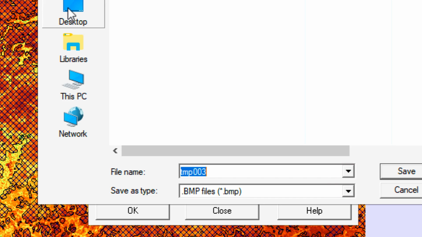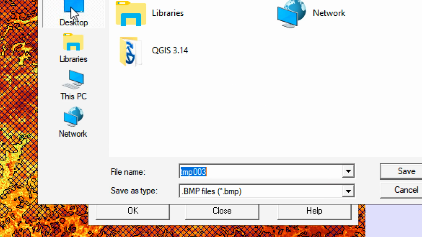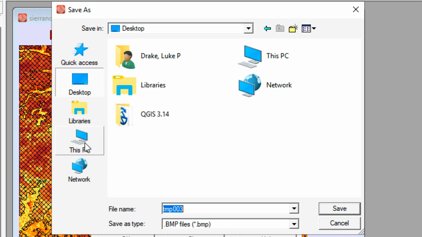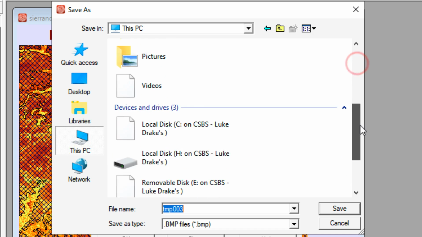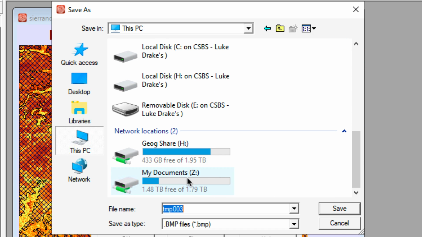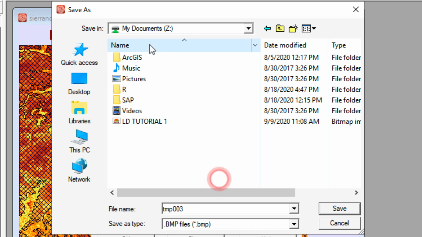And since we are working in the virtual environment through Citrix, this can be a little bit tricky. So one of the things to watch out for is that with our Citrix environment, you do get something called My Documents that says Z Drive. That's kind of a network folder. At this point, we're not going to use it for this assignment because it can be a little bit tricky to find the files in here if you need to upload anything into Canvas. So that's why I want you to create your own folder in your actual real documents folder on your real